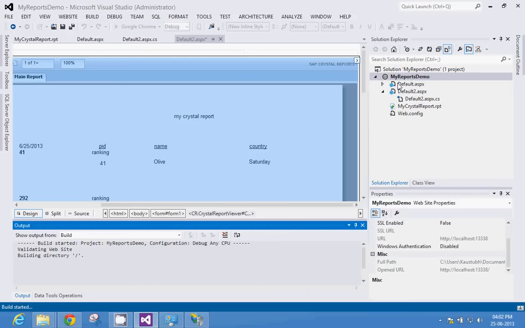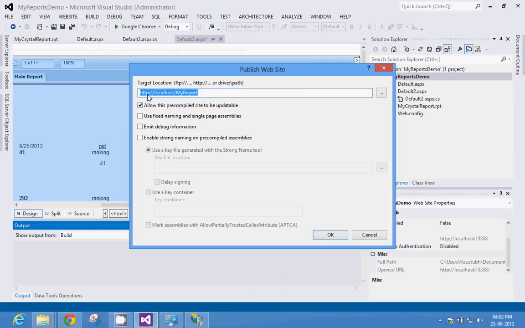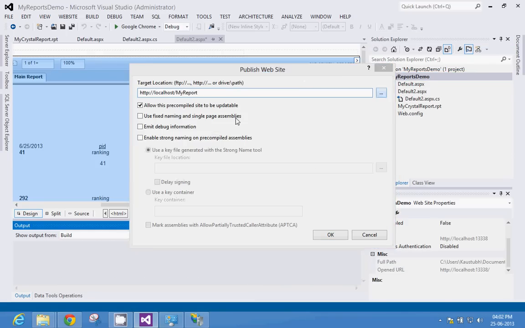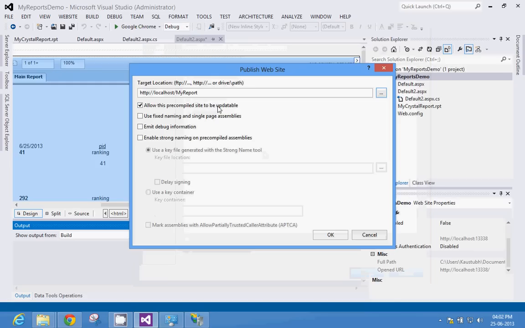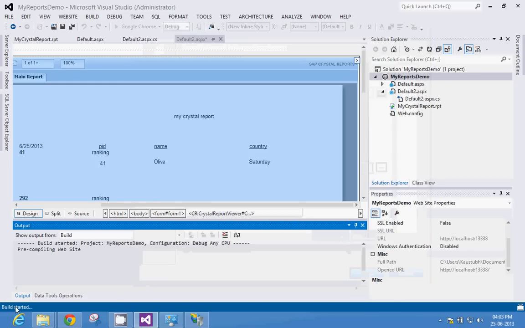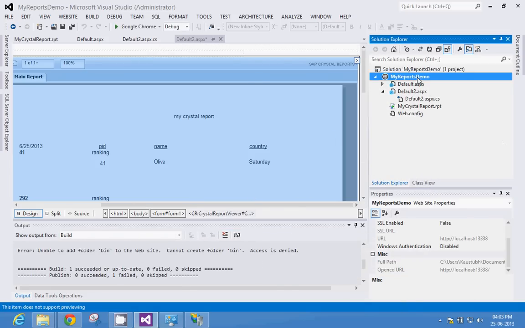Then to publish the website on local IIS, right click, Publish Website. It will ask you where, so you can choose this path. Go here, local IIS, create a new one under Default Website. You can create a new virtual directory or new web application. So I created a new web application, and then I gave that path for publishing my website, and then it just publishes your website. Once it's published, okay, I'm republishing, so it's okay. So I'll just publish it again,